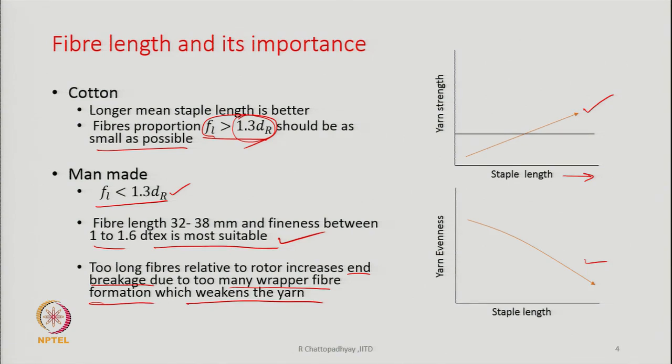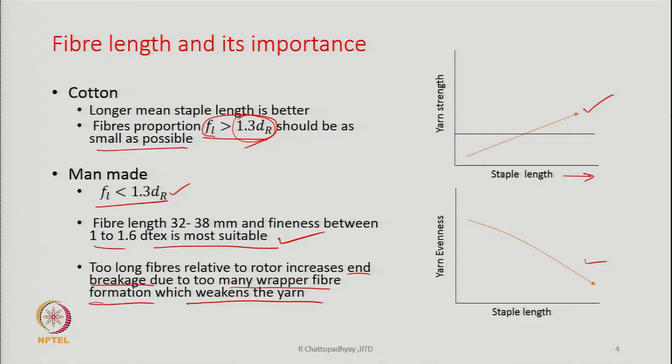So, the rotor spun yarn has a core and a sheath kind of thing. The sheath is basically formed by the wrapper fibers. Maybe sometimes part of the wrapper remains within the yarn, while the rest of the fiber forms wraps around the core part of the yarn,